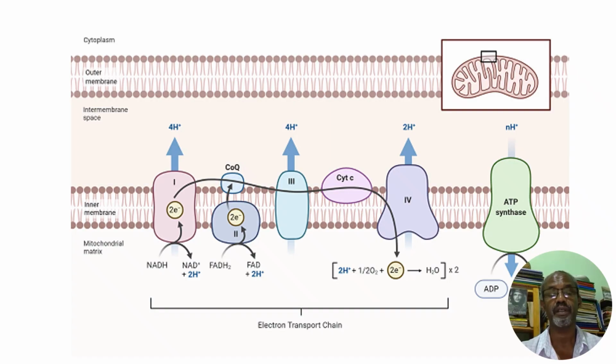The others are complexes. This has a pump, this has a pump. You see, 4 hydrogens are removed from the matrix into the intermembrane space due to the energy released from 2 electrons. This one has no pump. This one also has equal energy, equal hydrogens are deposited. This one, 2 hydrogens per time. It pumps. Therefore, the proton motive force is built here. Pumping means they are depositing.